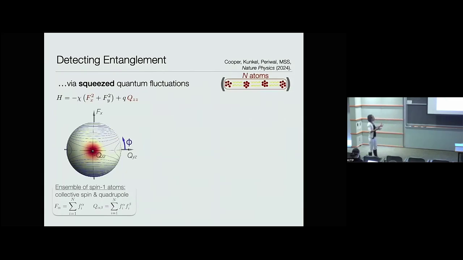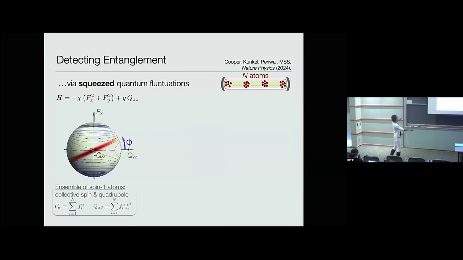You might be used to thinking about some Bloch sphere of a collective spin with axes fx, fy, fz. Here the axes are a little bit different. This QZZ axis is basically the population difference between the +1 and -1 states and the 0 state. So we start polarized in this direction when all atoms are in the 0 state. The details of this phase space won't matter except to say that the spin exchange interaction looks like a collective fx squared plus fy squared. That fx squared term generates a twisting about the x-axis on this sphere, and that can squeeze the quantum fluctuations.